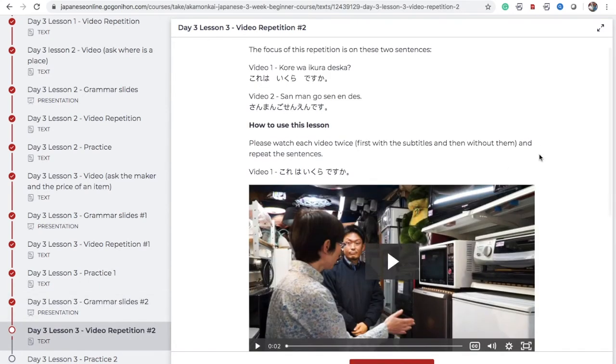Okay, now we're gonna look into two parts again. How much is it? これはいくらですか? And then it was how much? 35,000. 3万5千円です。